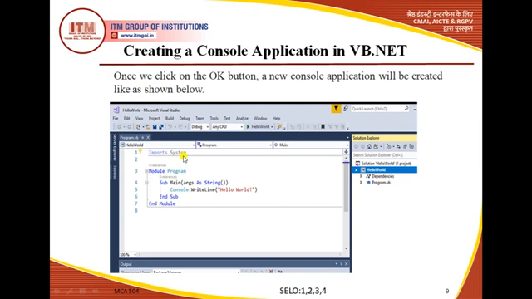So why have we written Imports System here? Imports System is the .NET Framework library namespace, and we use the Imports keyword to import the System namespace to use existing class methods such as WriteLine, ReadLine, etc. If we want to use these methods, they will be imported using this System namespace.